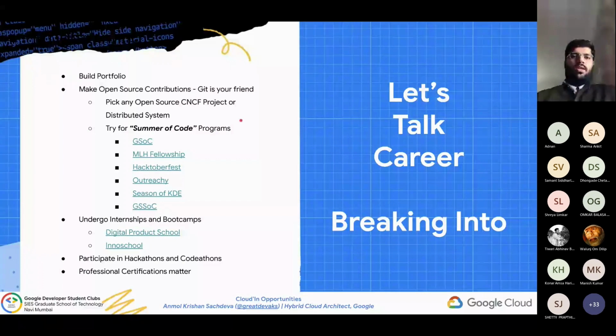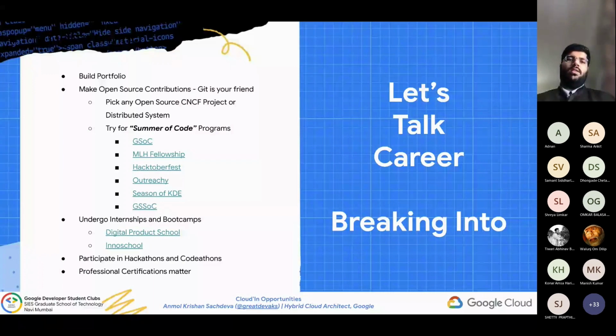So I would suggest you pick any open source CNCF project. When I say CNCF project, it is Cloud Native Computing Foundation. Why I'm suggesting these projects is because CNCF is a body which has a set of services. It's not owning any service. It is just having a collection of services which it is referring to as cloud native computing